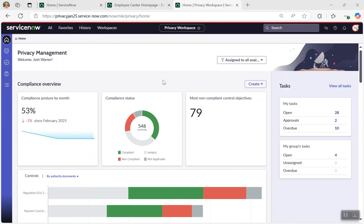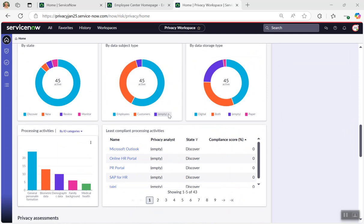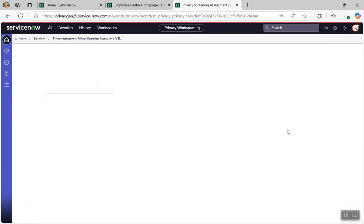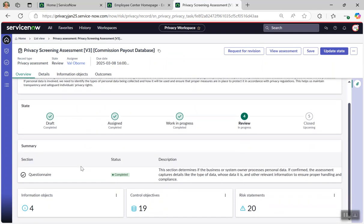I'm now logged in as our privacy manager, Josh. Josh goes to the privacy workspace as he was triggered for the review of an assessment. As he scrolls down, he can quickly navigate to that assessment by utilizing the status tracking within the workspace. When drilling into the assessments in review, we can see that the commission payout database assessment is on his list to review. When we click into this assessment that Val has completed, Josh can see the workflow, but more importantly,